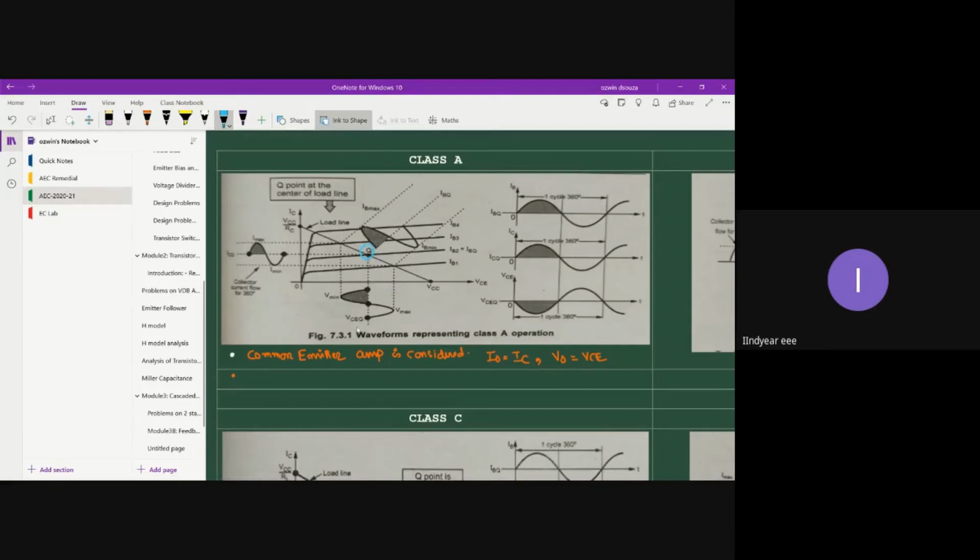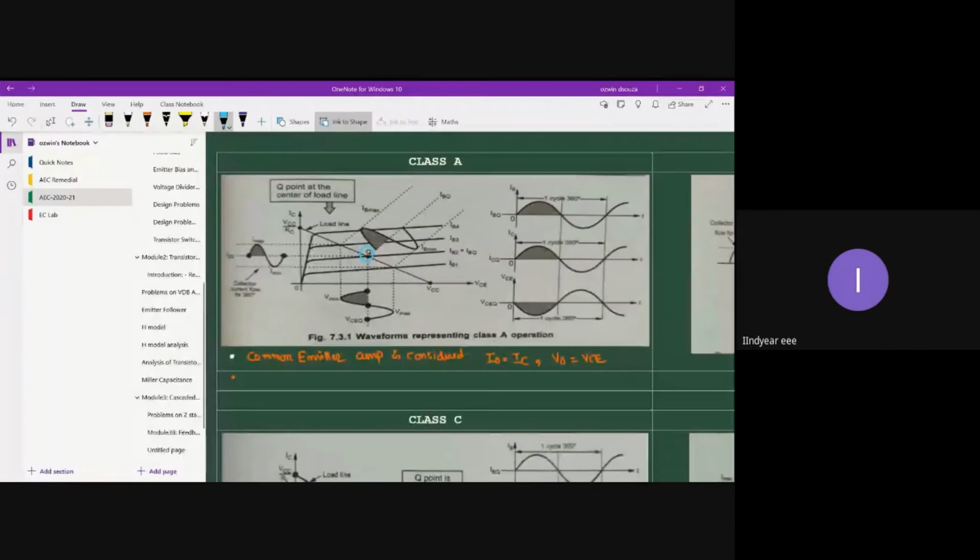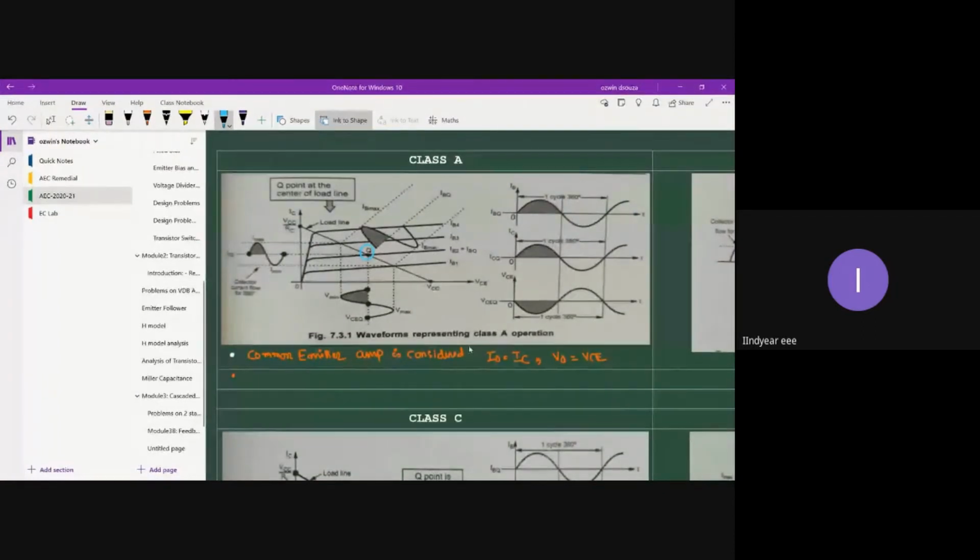Let me highlight with a blue color. The Q point is placed right at the center of the load line. Okay, so this is the load line. I will not explain how exactly you construct the load line because we have already constructed the load line in module 2. So Q point is found at the center of the load line, due to which what happens is that